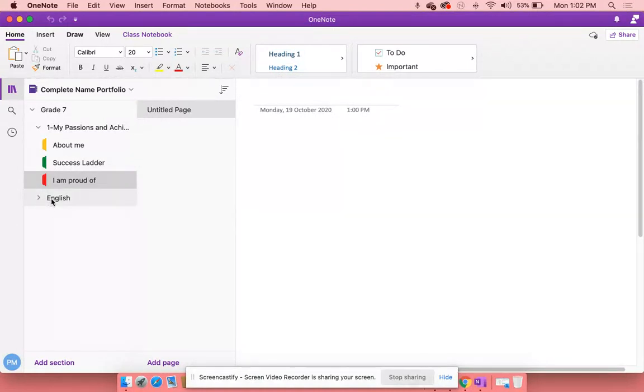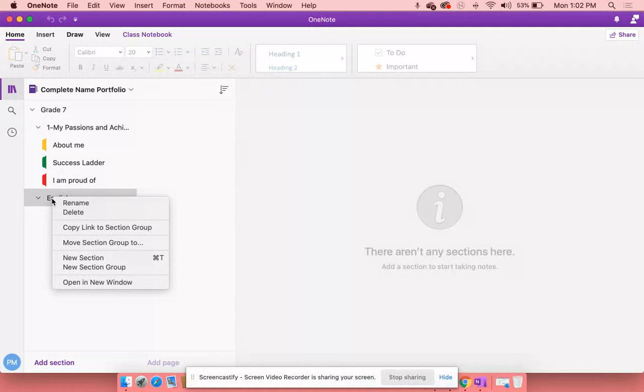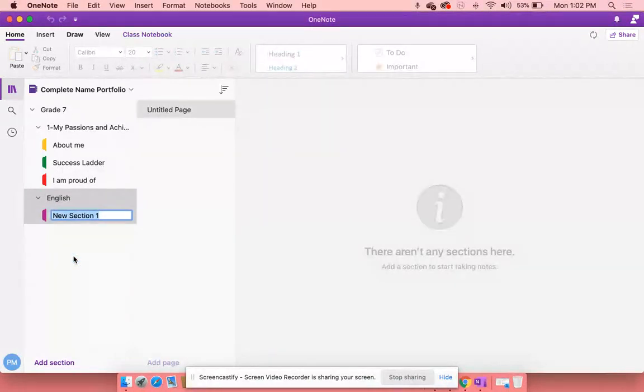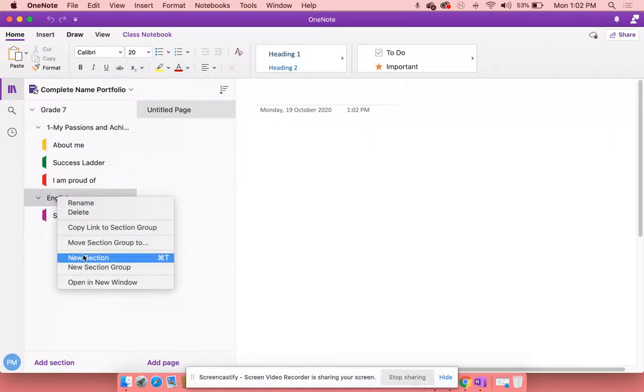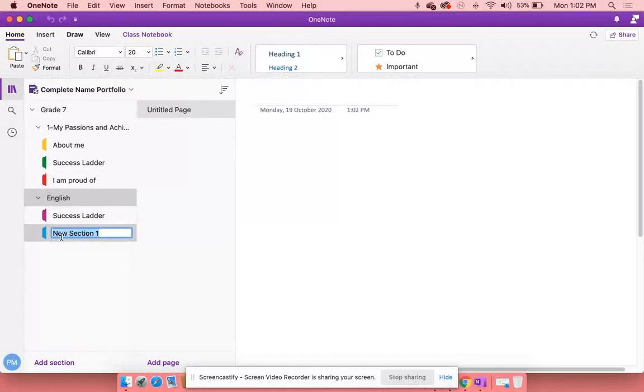So this is English. Now within English, you will create sections. So the first new section could be success ladder. Then within success ladder, you'll have pages. Then you click on English and create another new section. These colored ones are sections.